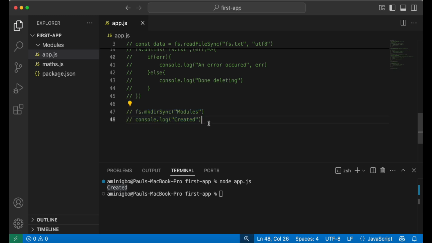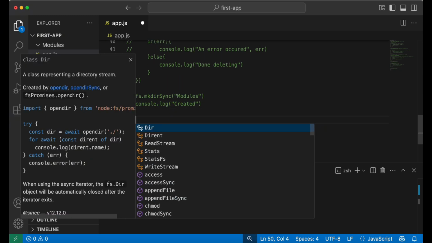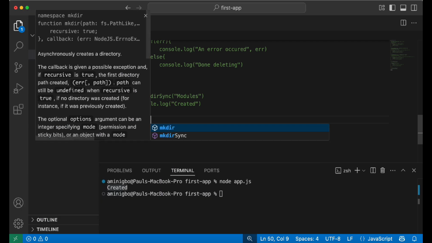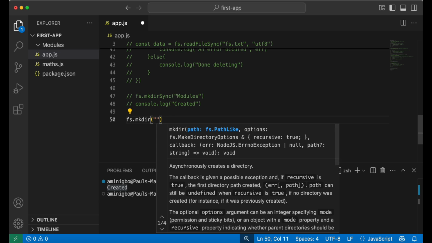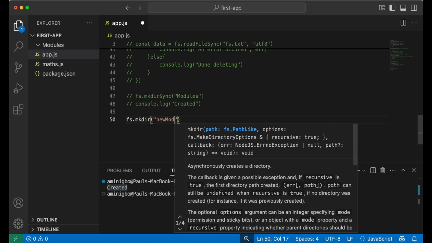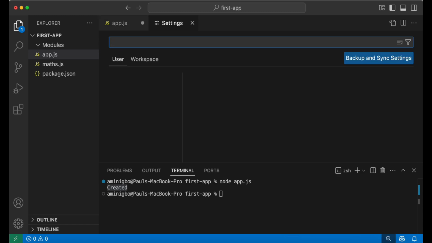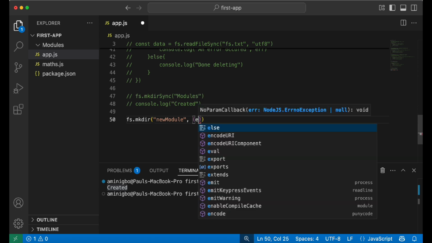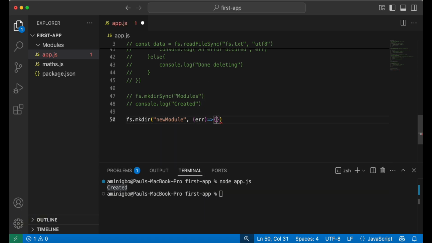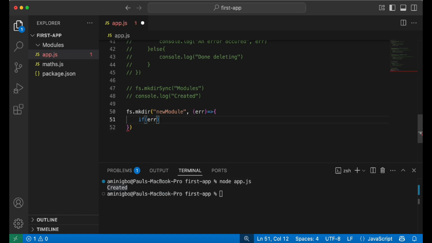And how do we do this using the asynchronous method? We do this by saying fs.mkdir. This takes two parameters. The first parameter is the name of the directory, so I'm going to call this new module, and the second parameter is the callback function, which is going to check if there is an error. So I'm saying if error,